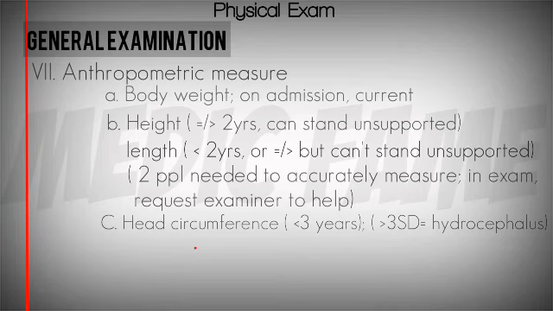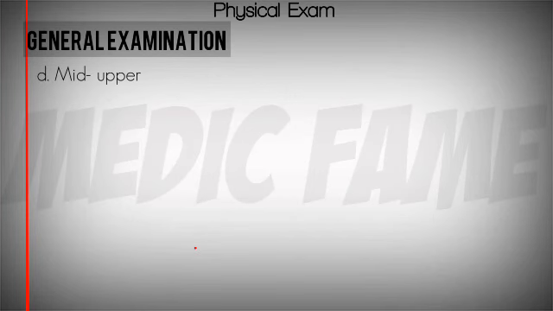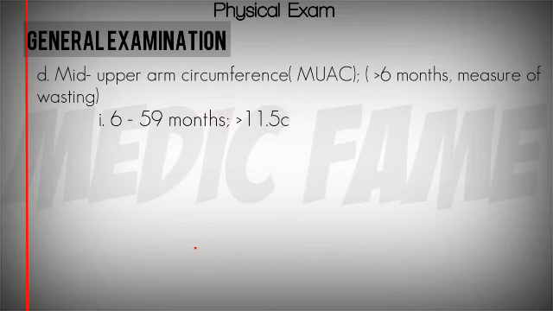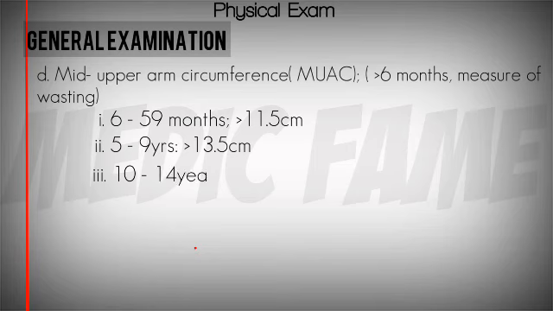Lastly, we should look for the mid-upper arm circumference, MUAC, which is done for those above 6 months as a measure of wasting. From 6 to 59 months, the MUAC should be above 11.5 centimeters. For those who are 5 to 9 years, the MUAC should be above 13.5 centimeters. And for those from 10 to 14 years, the MUAC should be more than 16.0 centimeters. Please note this: